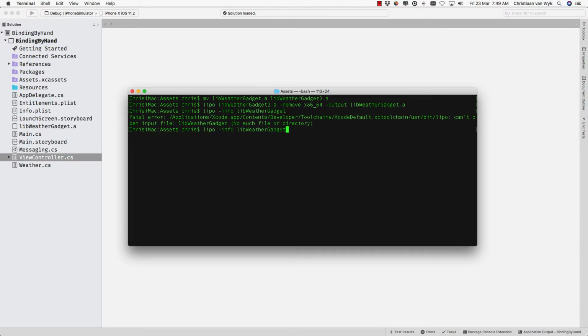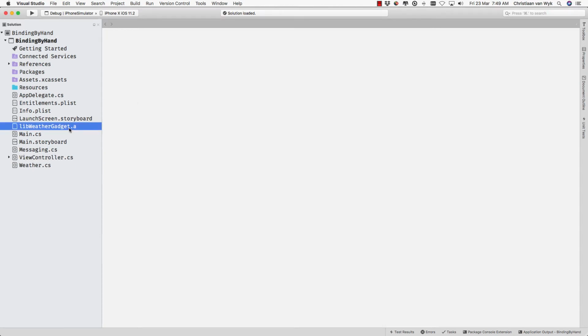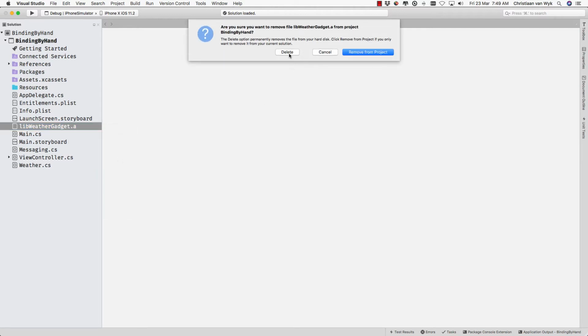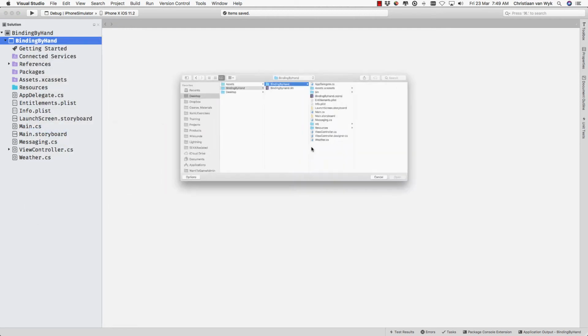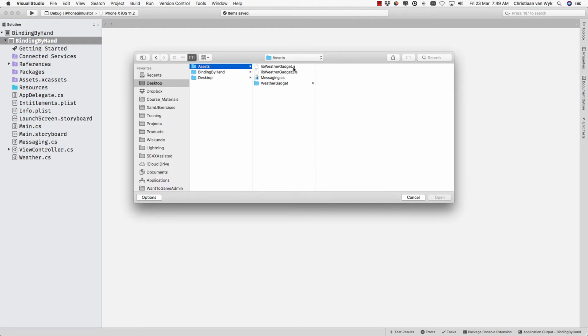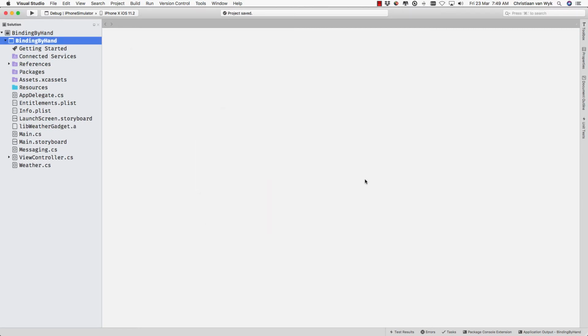Right, let me just make sure that I get the proper gadget file referenced here. There you go. So you can see at this moment, the architecture in this file is ARM64. Right, so there's no simulator build, which is going to be interesting if you think about it, because what we can do now is remove this whethergadget. Remember, we copied it into our project. Let's delete this and let's re-add this guy. So add files. We'll grab from our assets lib_whethergadget.a, open this up, copy it into this project,